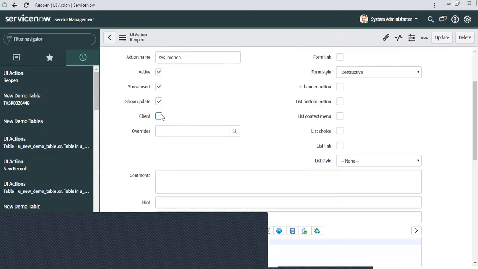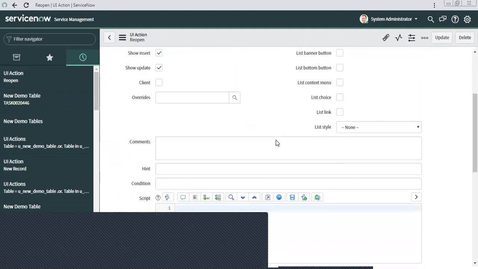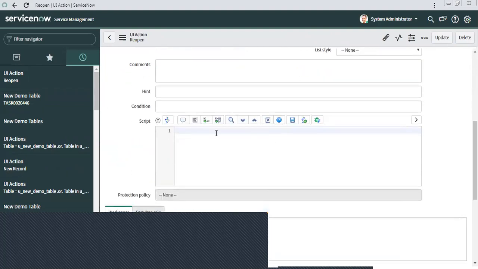Then coming to an important part, as I said, you can run both client side and server side script in this UI action. If you remember, this is the one place where you can run both. Otherwise, all the previous things were either client or server.